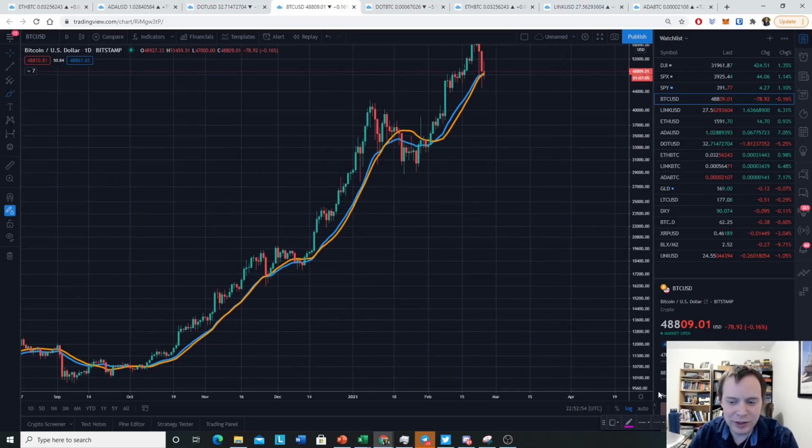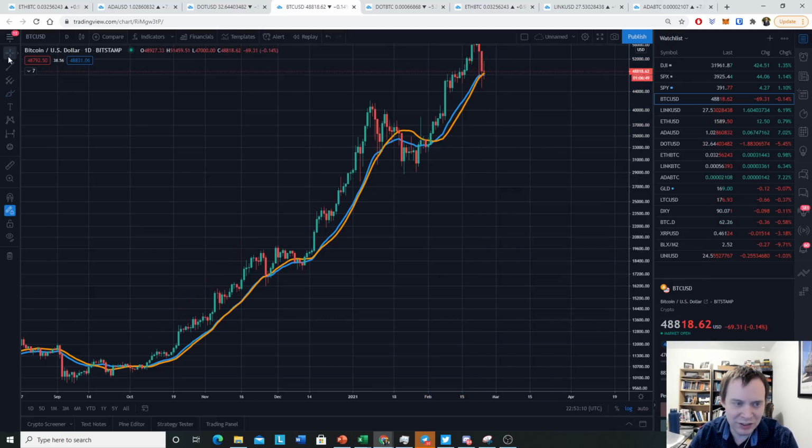But the reason why we're talking about this is because one of the things we've noticed during this bull market is we tend to trend up, and then we bounce at the 20-day, go back up, and then fall through it. We trend up, we bounce at the 20-day, and then fall through it. We trend up. So far, we'll see if we bounce at the 20-day.